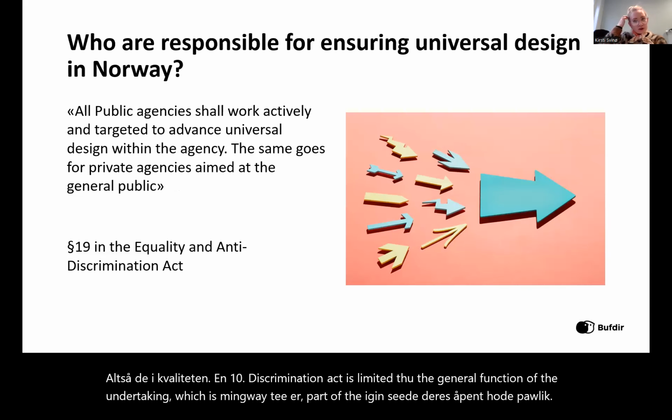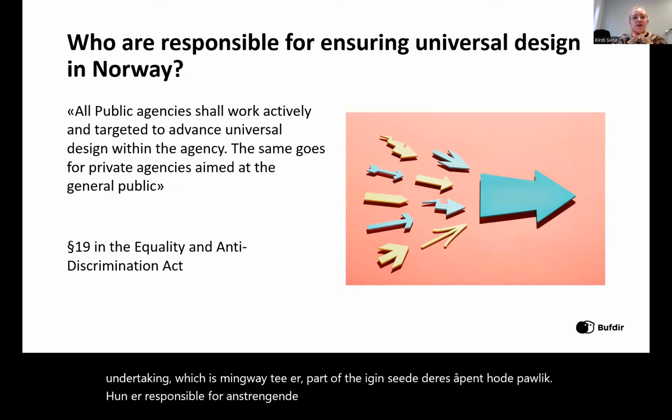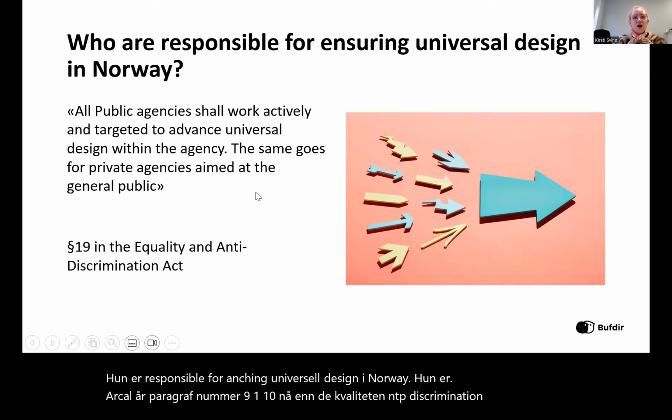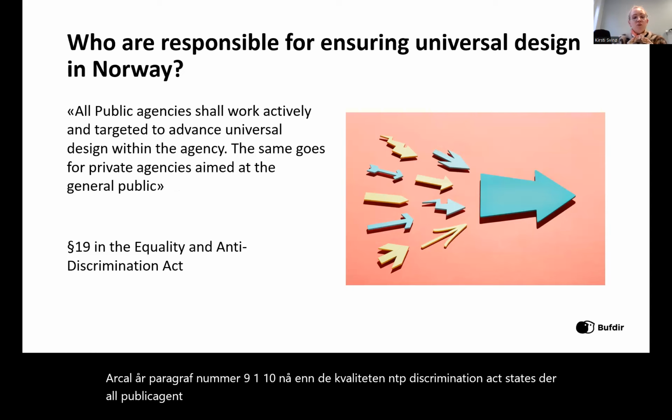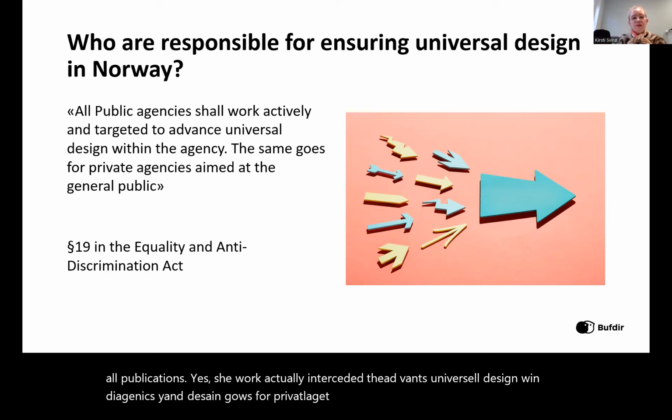Who is responsible for ensuring universal design in Norway? Well, paragraph number 19 in the Equality and Anti-Discrimination Act states that all public agencies shall work actively and targeted to advance universal design within the agency. And the same goes for private agencies aimed at the general public. So, for example,